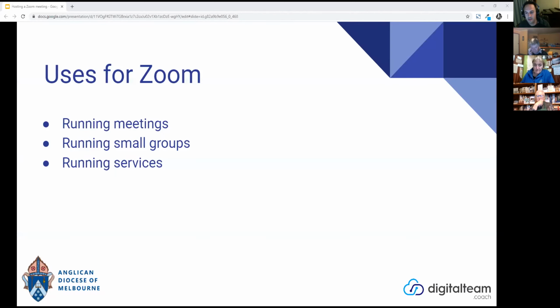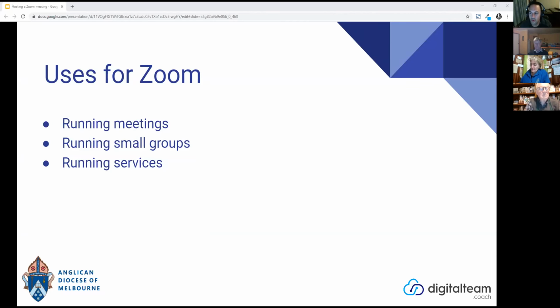You can see my slides, I'm assuming. Yes? Yes. Excellent. Good. So look, I'll try and move through this fairly quickly. The three main uses of Zoom, particularly in church, are to run meetings, which is its primary purpose in the first place. It's a work tool that lots of corporations and businesses use, and in church circles, staff use it between each other. Meetings are set with key volunteers to plan things and functions.